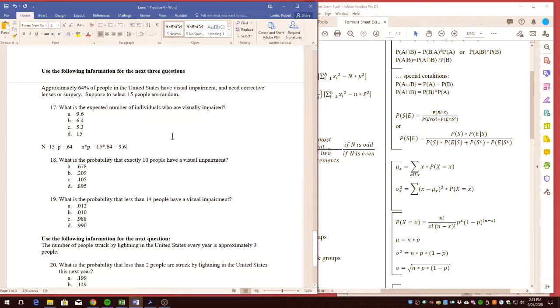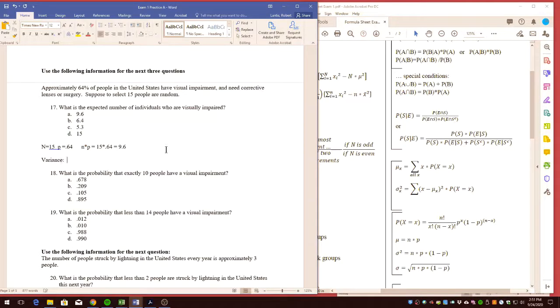Now another question I could ask you here is what's the variance? That doesn't happen to be one of the questions in this, but if I did ask you for the variance, how would I have found that? Well, once I identify I've got a binomial distribution example, here are my equations, here's the mean, here's the variance. So my variance is n times p times 1 minus p. Now I just plug my values in. My n is 15. My probability of success is 0.64 times 1 minus that probability of success. All right? And so if I do this, I should get